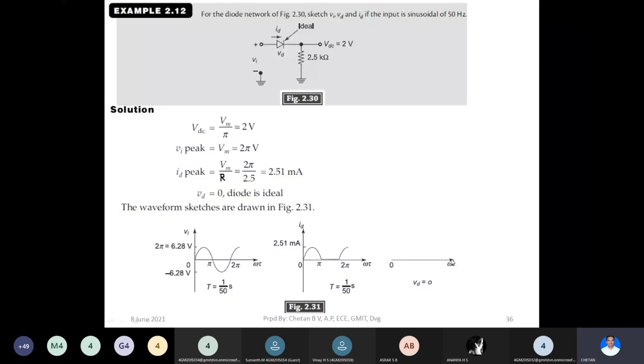Then the last sketch we have to do is the sketch for small id. Small id is the current which flows through this. As we know that the output is a pulsating dc. Pulsating dc means we have a pulse, or we have a rectified half cycle for the positive half cycle of the input, and we don't have any output for the negative half cycle of the input, which would be something like this, right? The voltage as well as current waveform will be in the same manner.